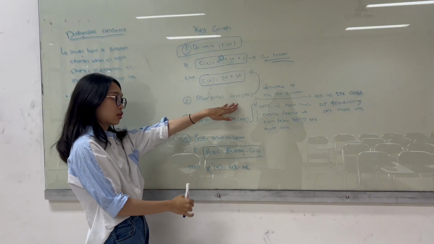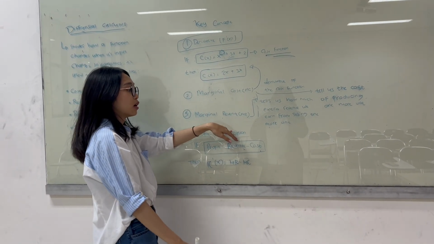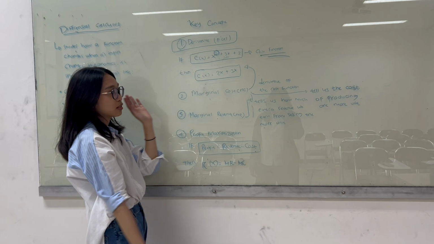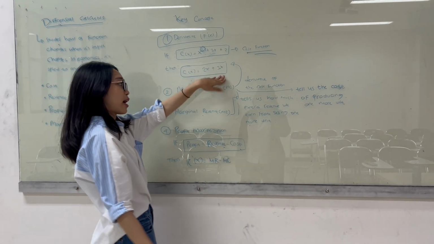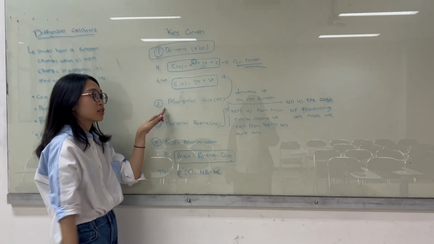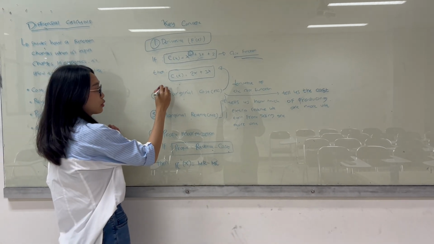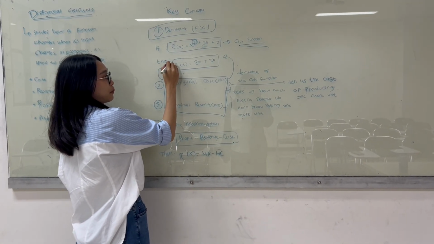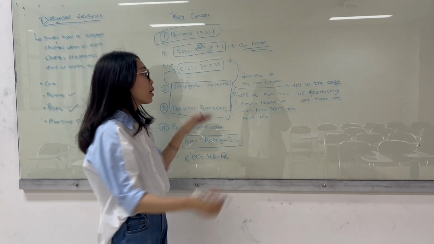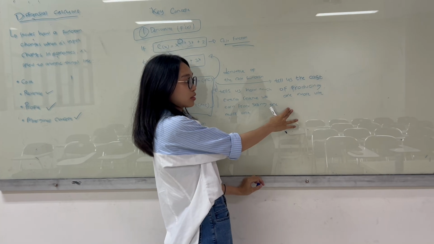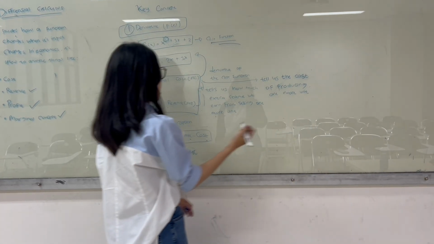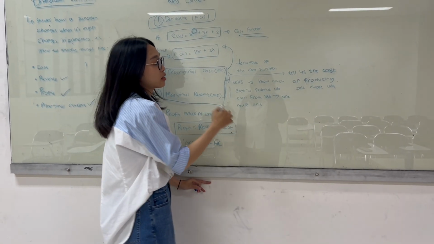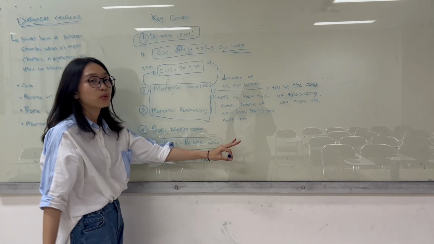To find marginal cost and marginal revenue, we have to find the derivative. So now we have this derivative, 2x plus 3. To use it for marginal cost and marginal revenue, what is marginal cost? Marginal cost tells us the cost of producing one more unit. And marginal revenue, or MR, tells us how much extra revenue we earn from selling one more unit.